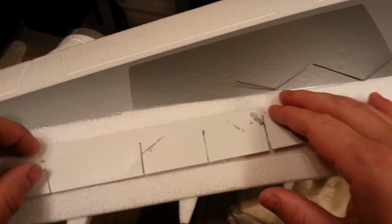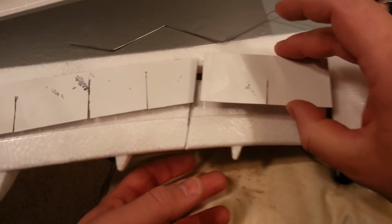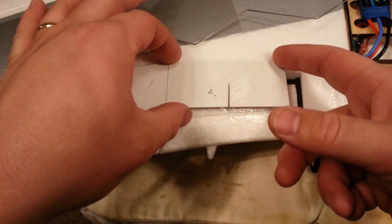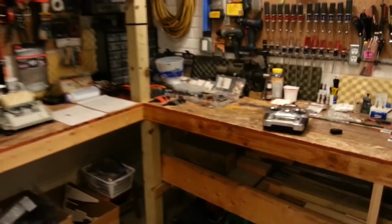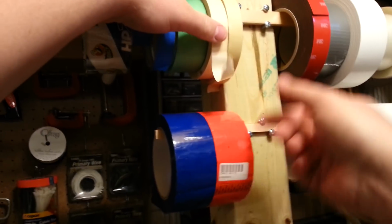So let's set it down in this position. And then let's just double check and make sure we have this position right. So you got that, and it goes right to there. Perfect. Ish. So now, in order to get that thing to stay still, we're going to want another...